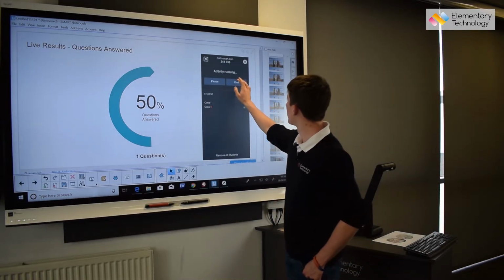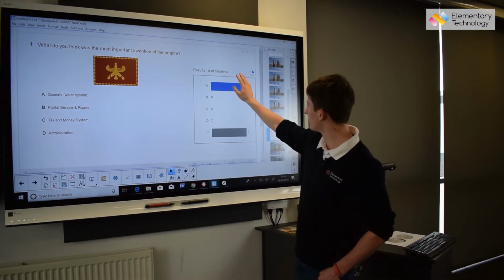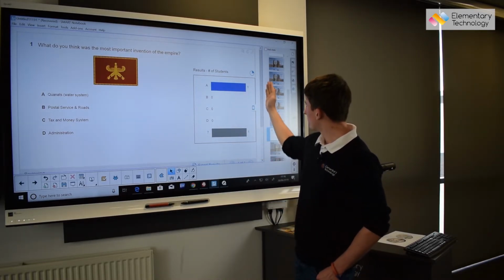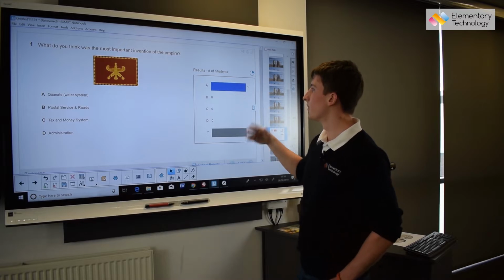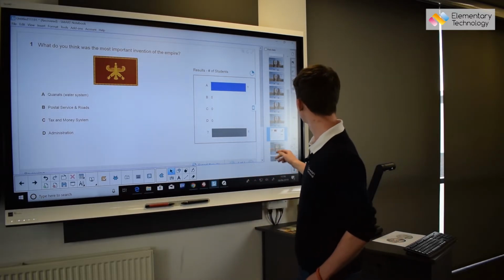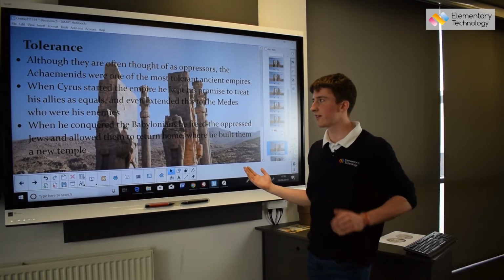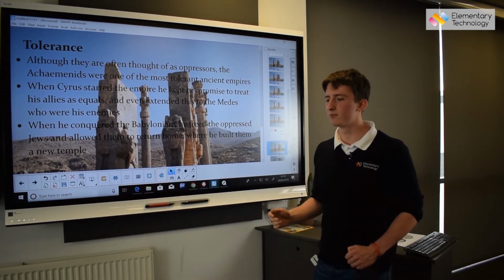And we only have one student with us at the moment, which is Connor, but obviously there will be lots of different poll answers. You could see what the kids thought. I guess Connor thought the quannots were the most important. So then we've used that to break apart the lesson, and now we're into the second thematic area of it,